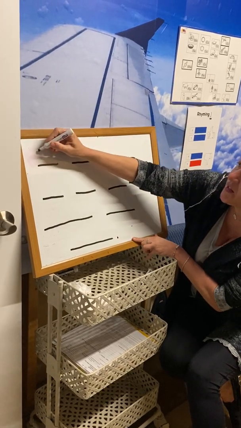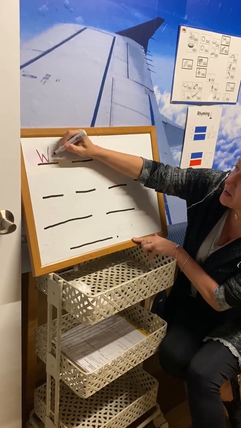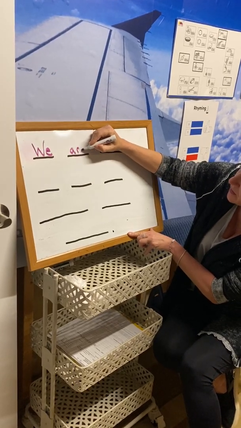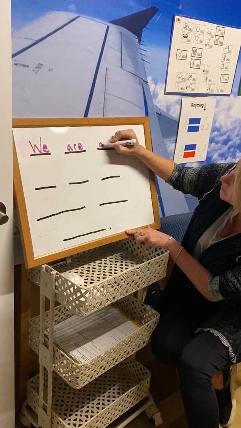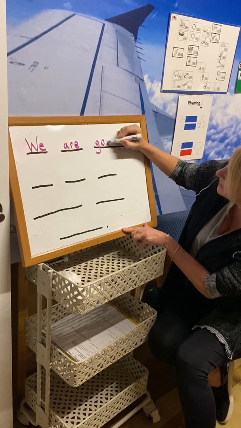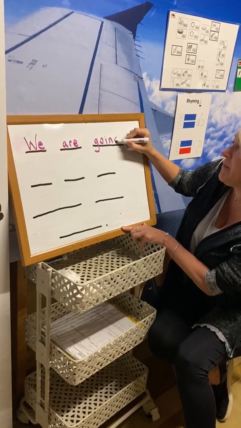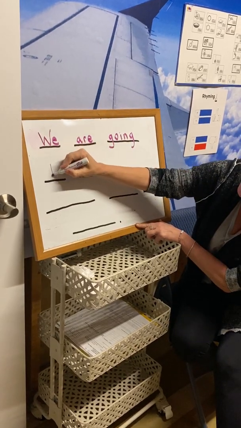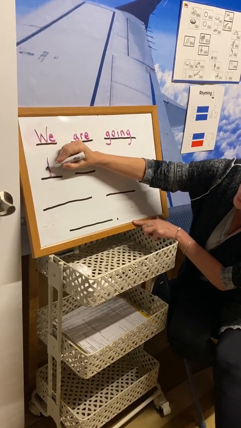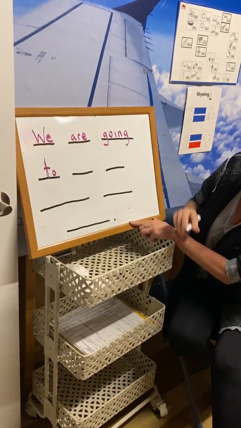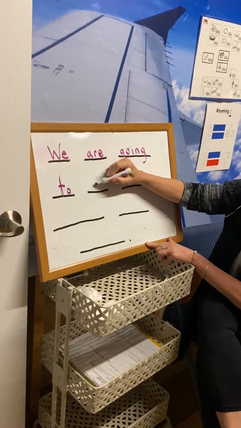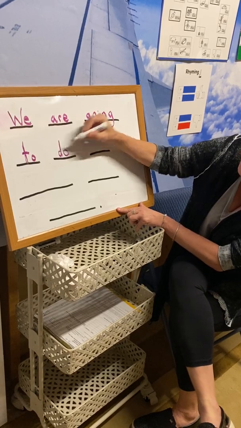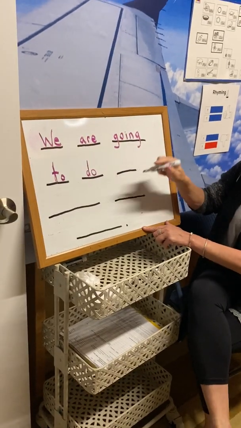We start with we, capital W. We are going. These words are getting easy for you now, so I don't spend a lot of time on them. They're old words for you. We are going to. Do is a lot like to, but it starts with the letter D, D, D. D as in duck. We're going to do an